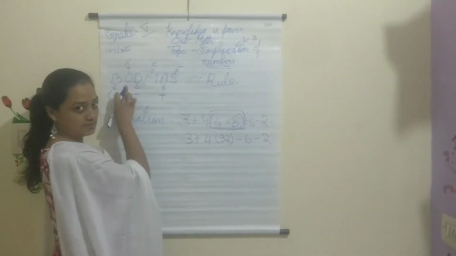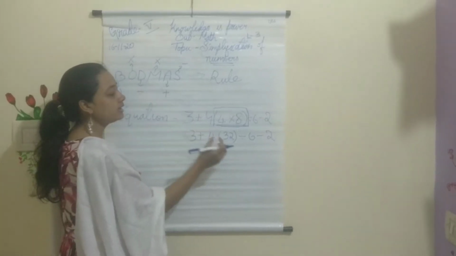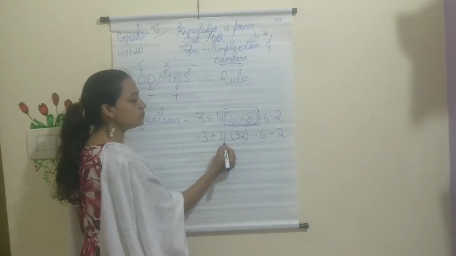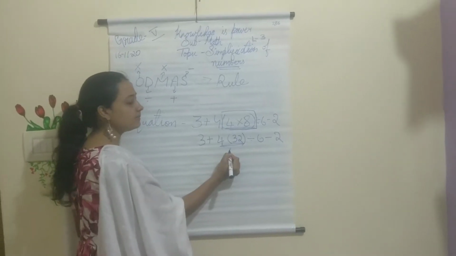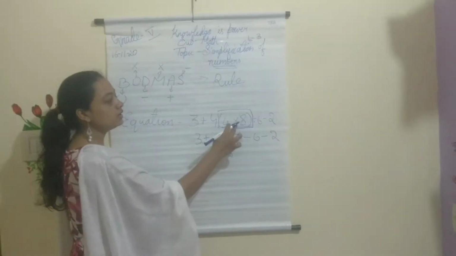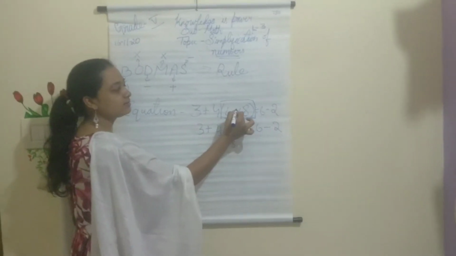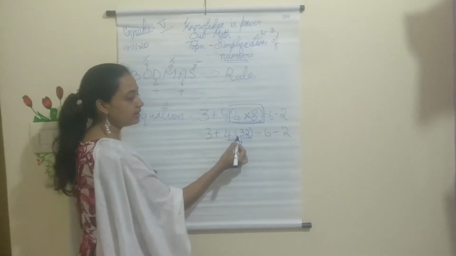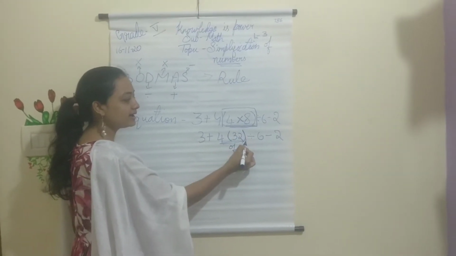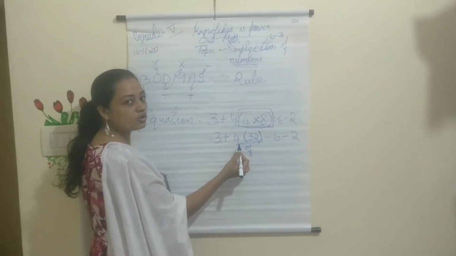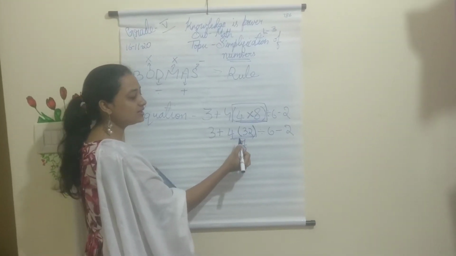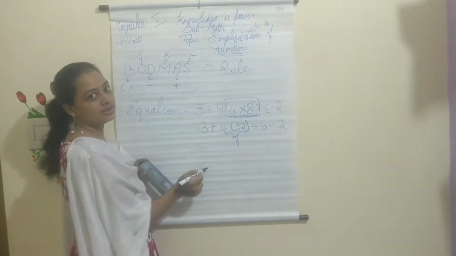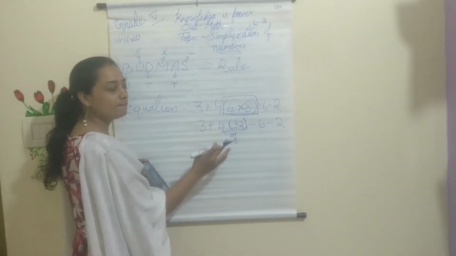I said off means multiplication. Means the number inside the bracket and the number next to that, both will be multiplied. This is the meaning of off. Here you can see the symbol X, that is the multiplication symbol. So you multiply. If you don't have that symbol, and you have a number inside the bracket and outside it, this is also called multiplication, and for this we say off. That is why O means multiplication. Even here we do multiply.